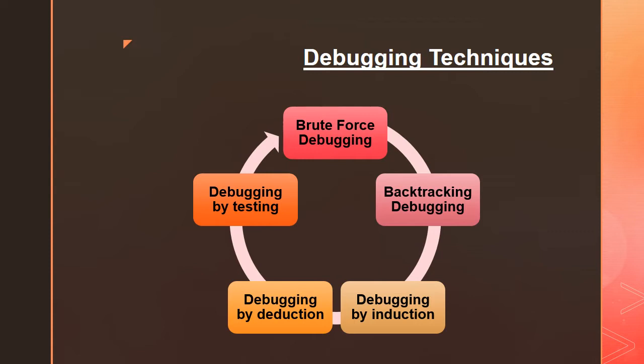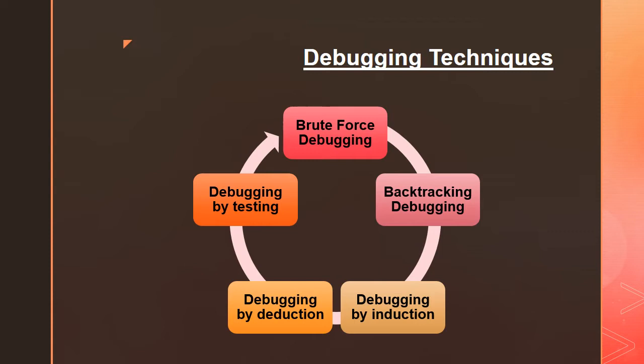But this is effective for small programs only, because they have a limited number of lines of code, so it is easier for the programmer, tester, or debugger to analyze all these statements and trace the program backward. But in the case of large programs, this strategy is not that useful, because large programs have thousands of lines of code, the number of backward paths will increase, and it will become unmanageable for programmers.